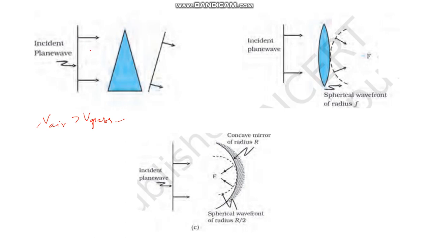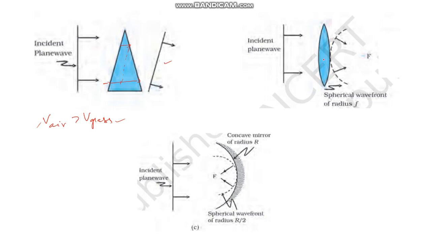Now here the light has to travel only this much distance, but here it has to travel this much distance because the thickness of the glass is more. So by the time it travels up to here, this light which is entering this portion will only travel up to here. So if you imagine that way, the refracted emergent wavefront will be like this. But this we have seen in the case of dispersion also. So this is how we can explain using the wave concept.